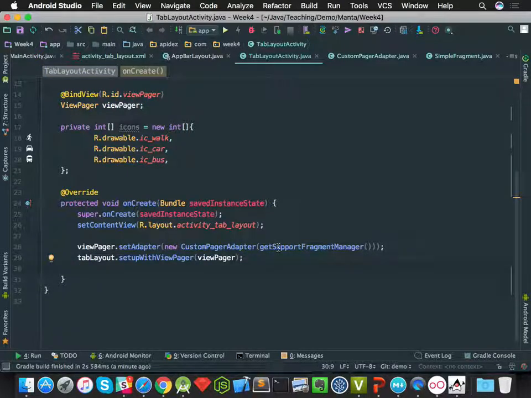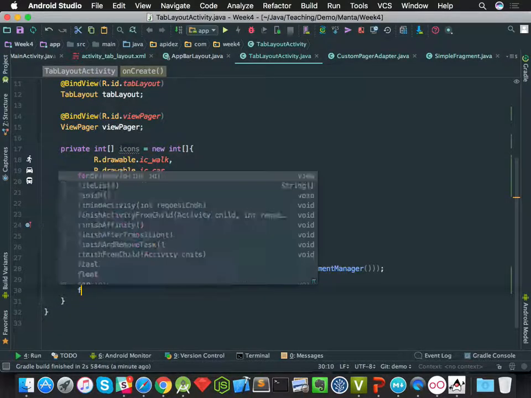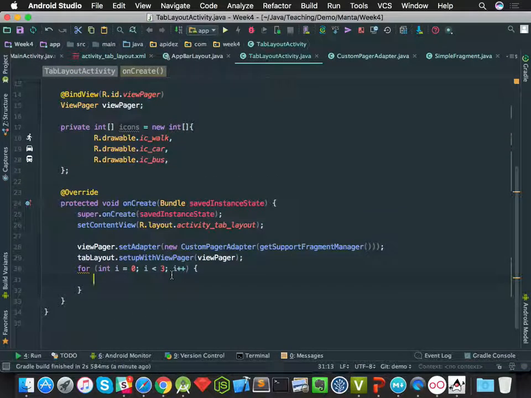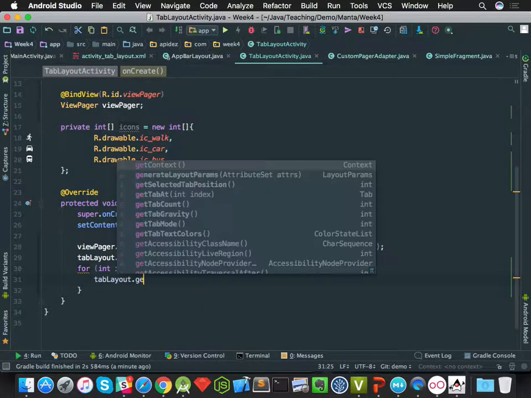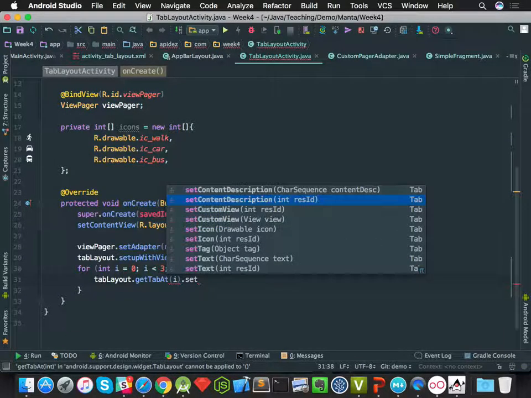The tab here, we need an icon, right? We only have icon here, right? So we're gonna need something like this for here, why, I do a for loop, right? I want to get out a tab, so I do tab layout dot get tab. Okay, you can get a tab at the index, right? So you can set here the icon,